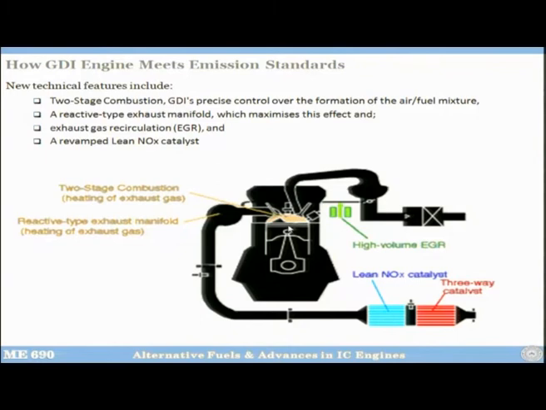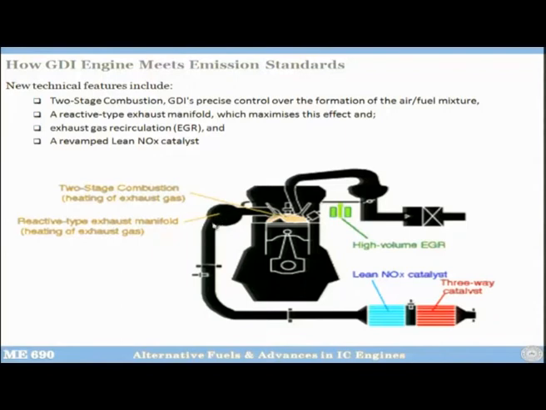And then you see the exhaust is very fast. When you put it in the manifold, it runs out quickly, and when it runs out, it takes away a lot of heat. You don't want that 800 that you have achieved by putting extra fuel to run away. You want to extract heat out of it, so that your catalytic converter warms up quickly. So here you put a reactive type exhaust manifold, so that your catalytic converter extracts heat out of the hot exhaust gas. Slow it down a little bit. Exhaust gas should be slowed down.